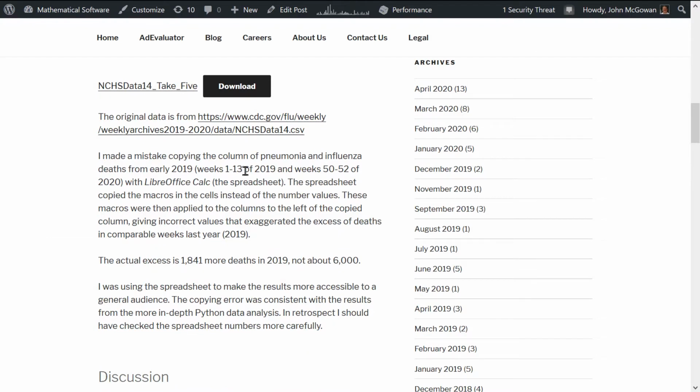I made a mistake copying the column of pneumonia and influenza deaths from early 2019, weeks 1 through 13 of 2019, and weeks 50 through 52 of 2020, with LibreOffice Calc. The spreadsheet copied the macros in the cells instead of the number values. These macros were then applied to the columns to the left of the copied column, giving incorrect values that exaggerated the excess of deaths in comparable weeks last year, 2019. The actual excess, as I said, is 1,841 more deaths in 2019, not the 6,000 in the previous videos and